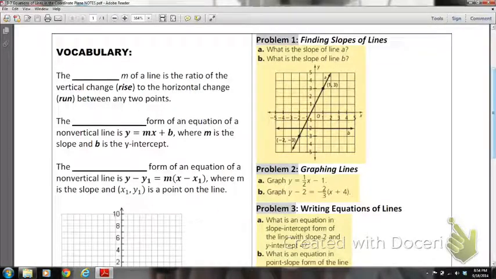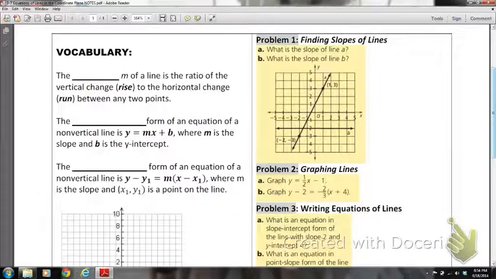This lesson is about the equations of lines in the coordinate plane. The objective is to graph and write linear equations. Hopefully this is going to be a review for what you've already learned in Algebra 1 about writing equations of lines. Under the vocab, the first